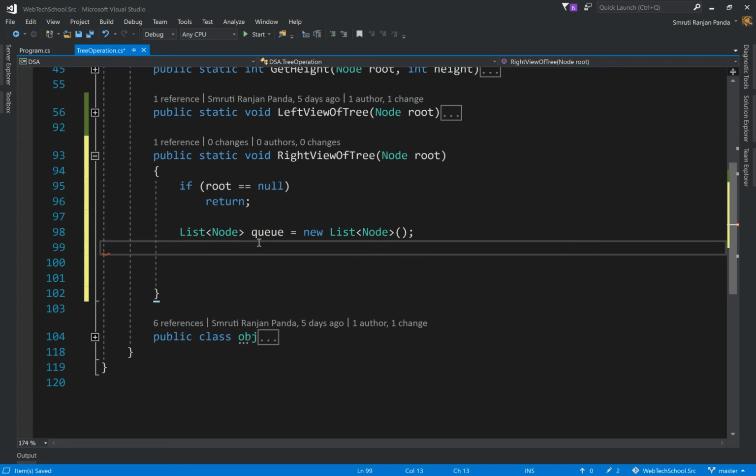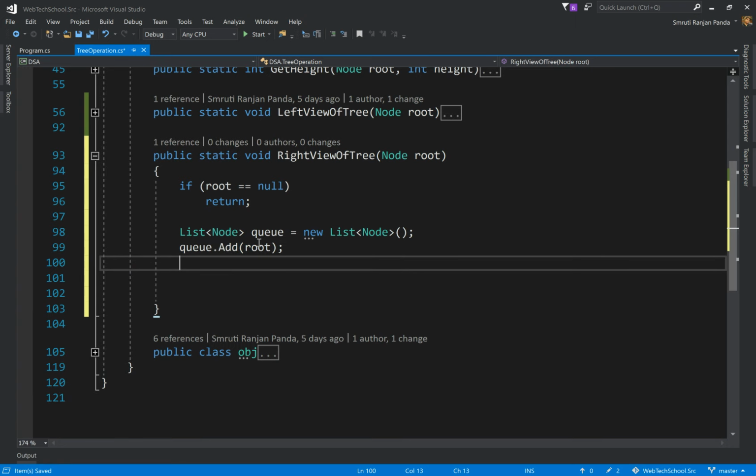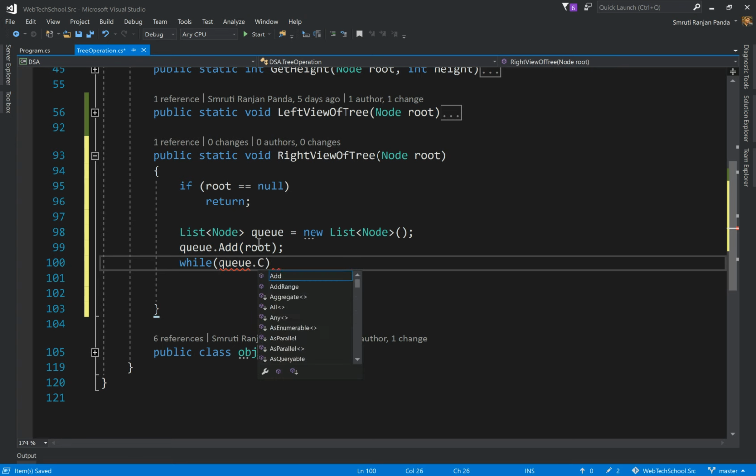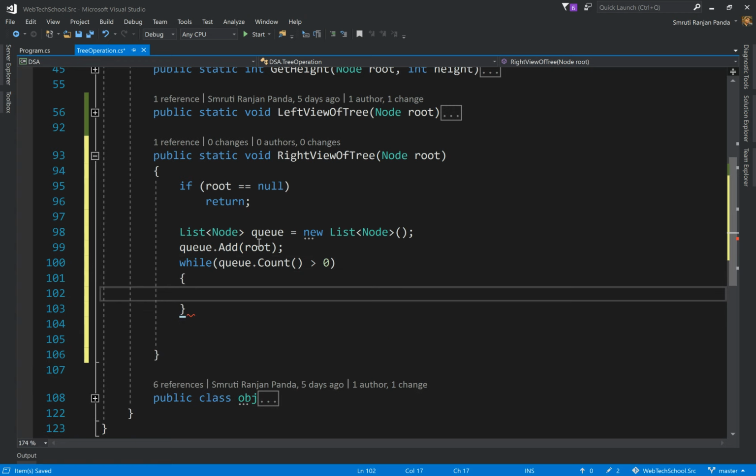Now to this queue, we are going to enqueue or add the element root, and we'll keep on checking as long as the queue is not empty. We can say queue.Count is greater than 0. So we'll keep on checking our queue and we'll keep on enqueuing to the queue.